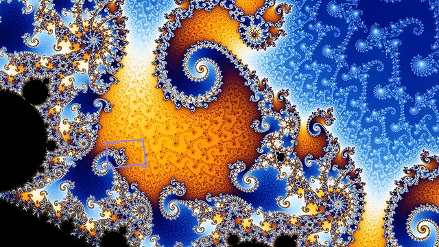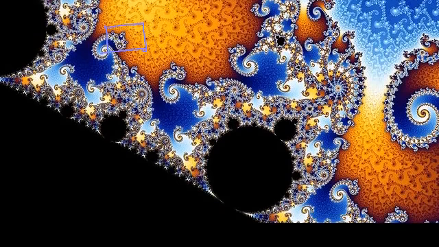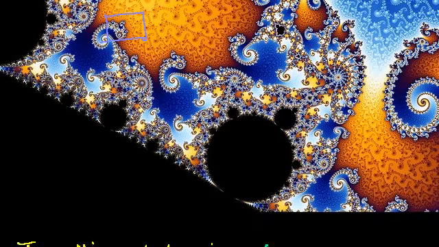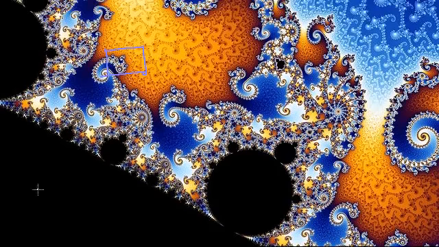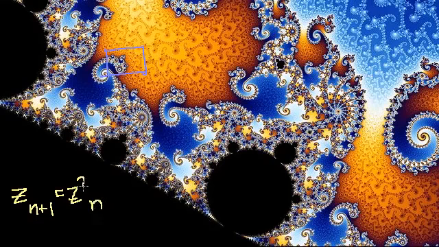But the true beauty of it is all of this can be described by one almost shockingly simple equation, and that's this: z, the next z, is equal to the z before it squared plus 1. And you're like, say, Sal, you start talking about intelligent design and evolution and all of that. What is this? Why are you all of a sudden breaking into fractals?